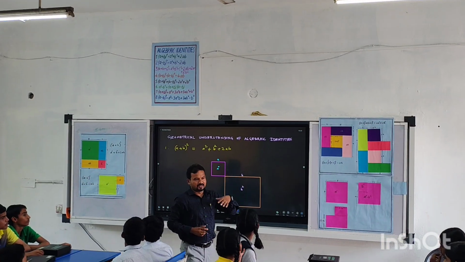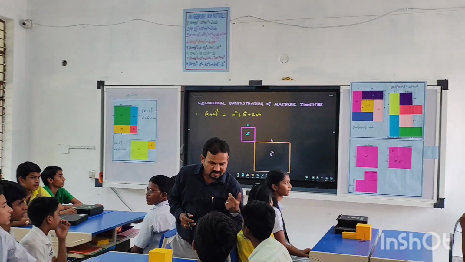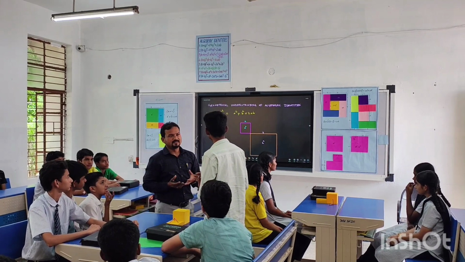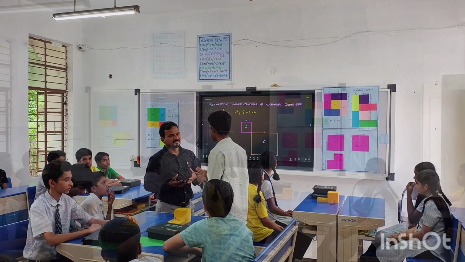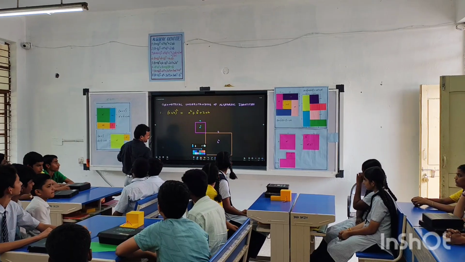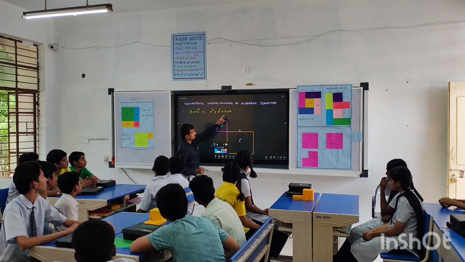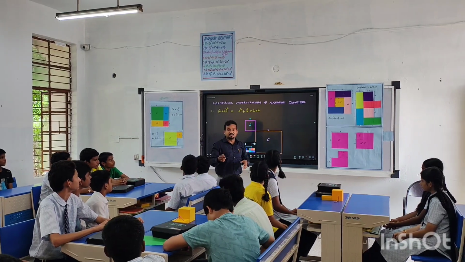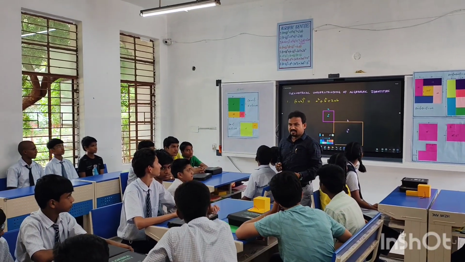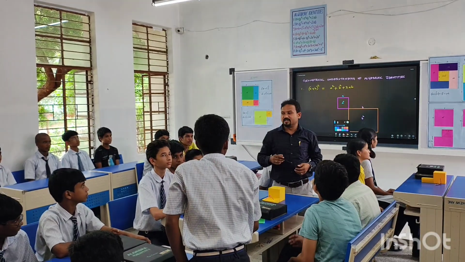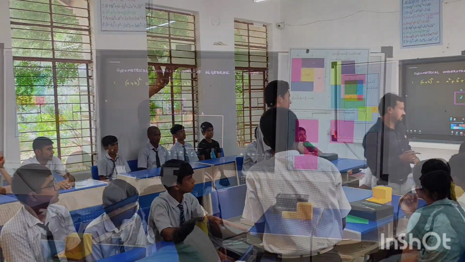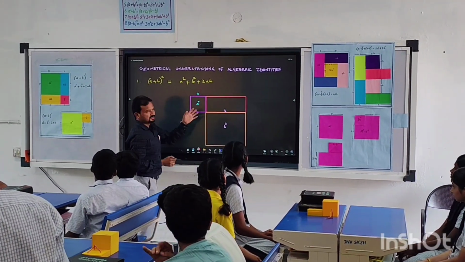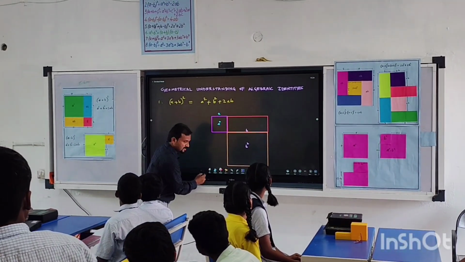Third part. What is the third part, please? Rectangle. It is the area of a rectangle, and there are two. So it is ab. ab means it's the area of the rectangle. What is the length of the rectangle, Mr. Rajesh? b. What is the breadth of the rectangle? a. So we have a rectangle whose length is b and breadth is a. That's good, sit down.